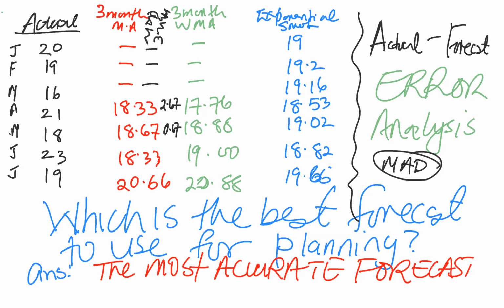For June, it's 23 minus 18.33. That's 4.67. That's actually positive. For July, it's 19 minus 20.66. That is negative 1.66, but since we're using the absolute, it's 1.66. We take off the negative. And so you sum those absolute figures. So 2.67 plus 0.67 plus 4.67 plus 1.66 equals